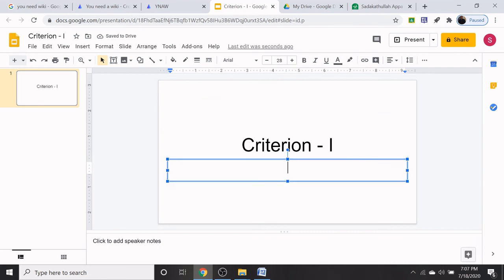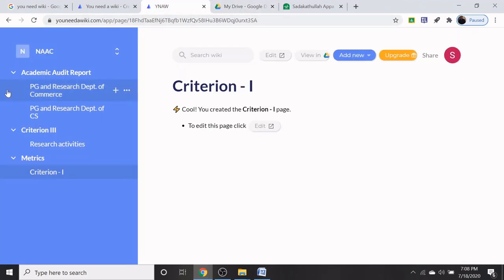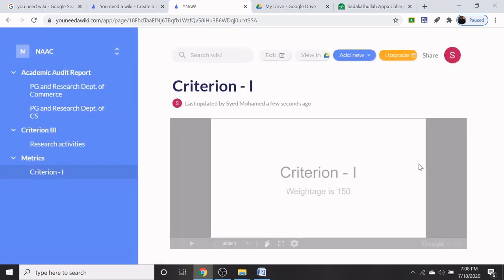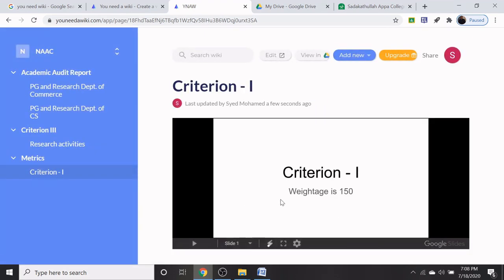So here I am putting just the weightage as 150. If I close this one and refresh the wiki page, you can see criterion 1 weightage is 150.